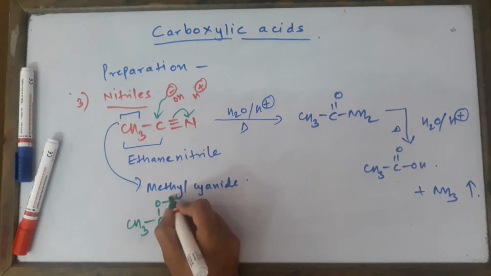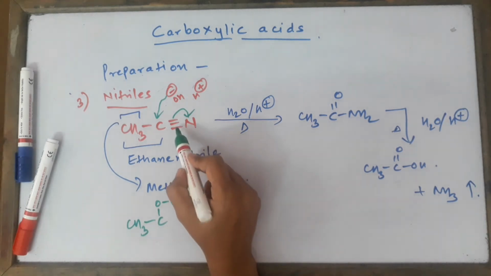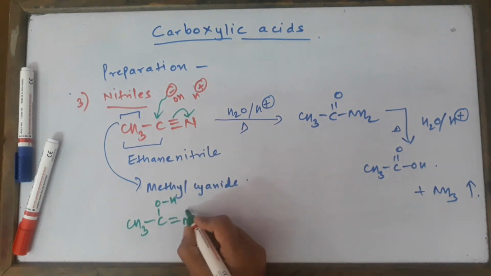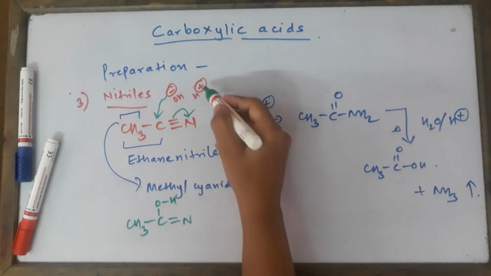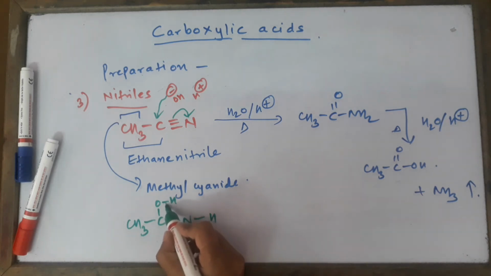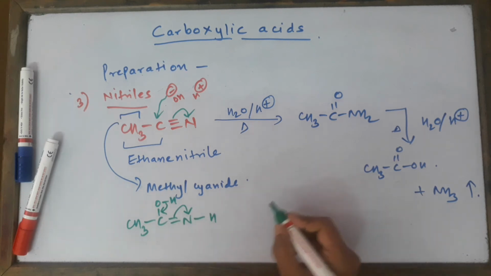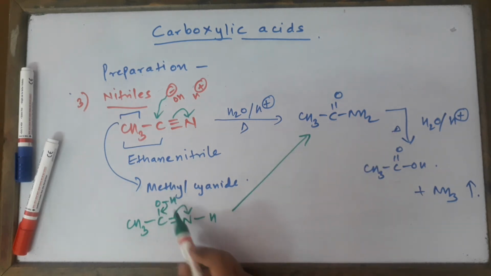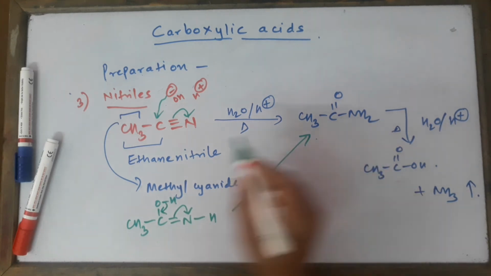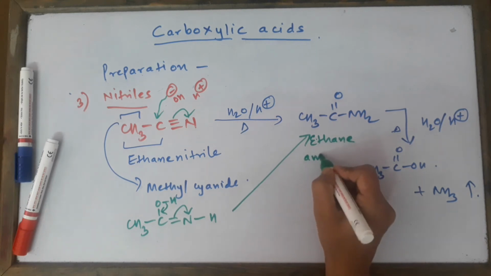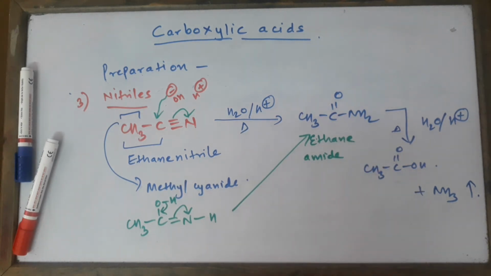All right. So CH3 C-OH, and look at this, double bonds are still there, isn't it? And this bond is going here, so it becomes a negative sign. So that negative attracts this H plus, so we can just write it like this. Then it just undergoes rearrangement. We can shift this here, we can shift this here. When this happens, we get this CH3C double bond O NH2. So we get amide. So ethane nitrile gets converted into ethane amide, and then ethane amide will undergo further hydrolysis.